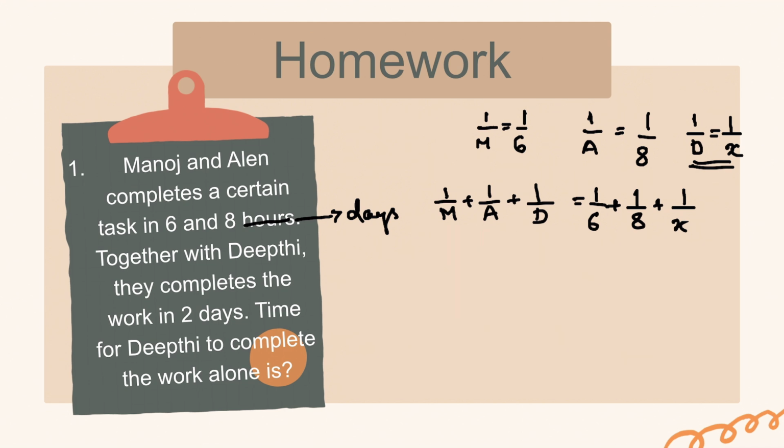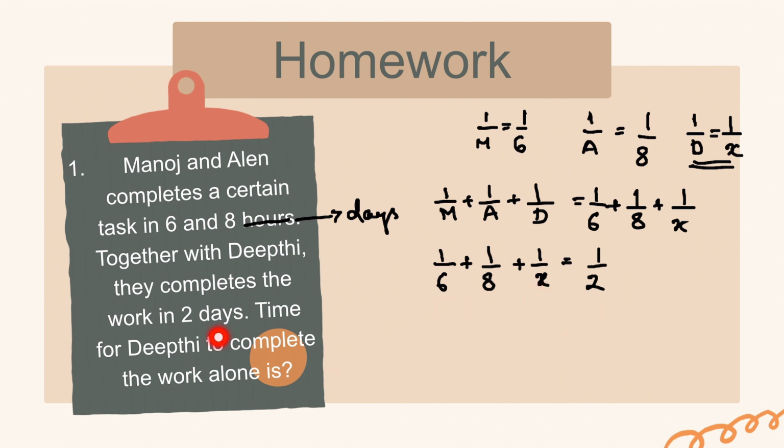So together they will take 2 days. It is given. That means 1 by 6 plus 1 by 8 plus 1 by x will be 1 by 2, isn't it? That means work done by Manoj, Alan and Deepthi in a day will be 1 by 2